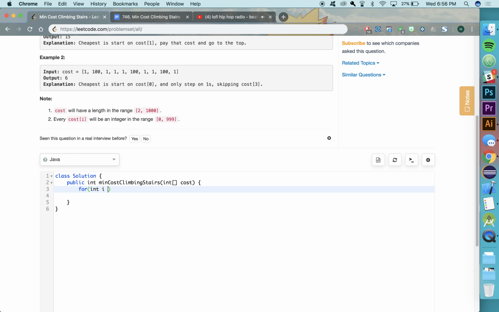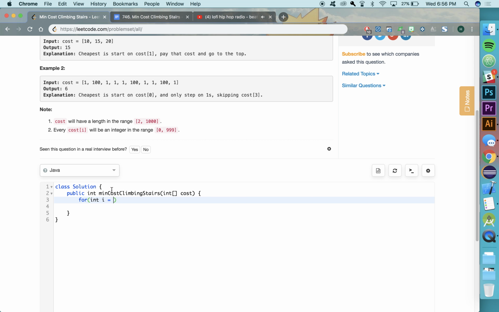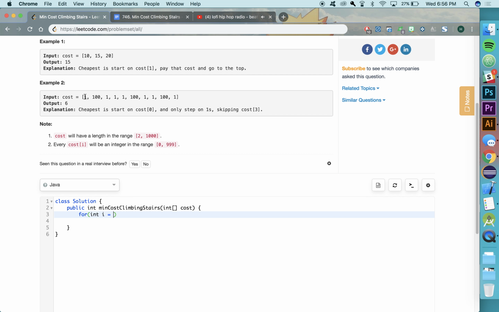So we have for int i. When I was first doing this, I made the mistake of making int i equal to 0, which indicates that we're starting here when traversing the cost array. You don't want to do that because when you get to, let's say, 100 and it's trying to figure out what the next value is, it doesn't exist. So there's going to be a lot of bound exception errors, and you don't want that. The way around that is to start at int i equals 2 and look at the numbers backwards. I'll explain that later on. And the rest is the same thing. So i has to be less than cost.length,